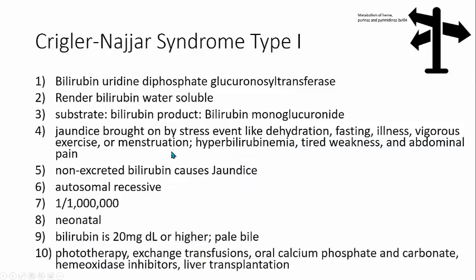The next couple of disorders are the Crigler-Najjar syndrome. Again, like Zellweger's, these are disorders that have now been put into a larger syndrome. The type depends entirely upon the age of diagnosis. Like in Zellweger's, type 1 is the most early detected form and is the most severe form of the disorder. So Crigler-Najjar syndrome type 1 occurs in the neonate. We usually diagnose it very quickly after birth due to the high bilirubin